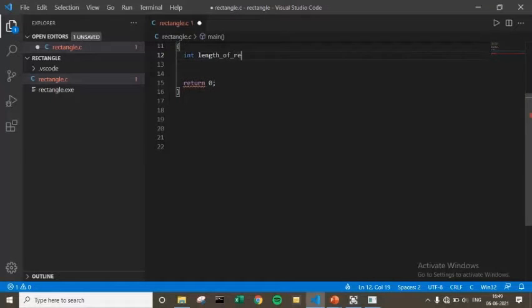of the rectangle. I will use underscore to make sure that I can easily know the difference between words, but you can also use something like camel case, where the first letter of every word is capital so that you can easily know, but I would prefer underscore. You can prefer either of them.